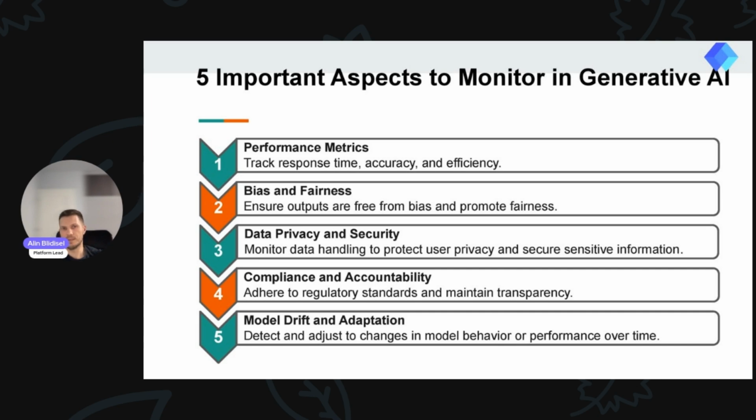Monitor data handling in a way that we would like to protect user privacy and secure sensitive information. So with the monitoring through Databricks, it is possible that the data is protected and secure in a cloud environment. Compliance and accountability: this one is about regulatory standards, and in a way they are trying to expose transparency